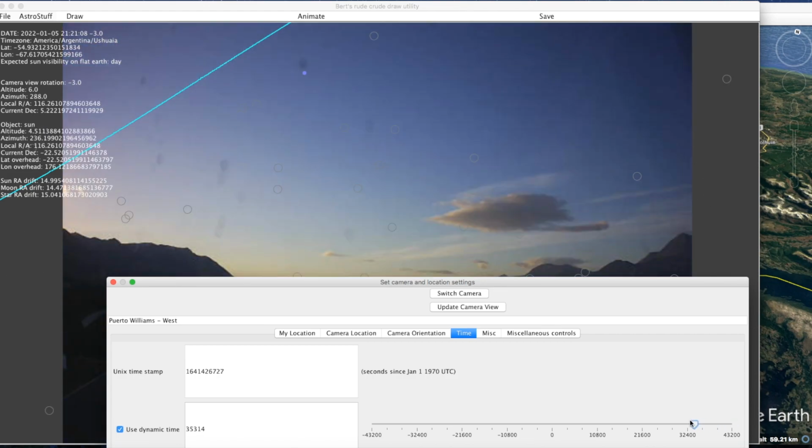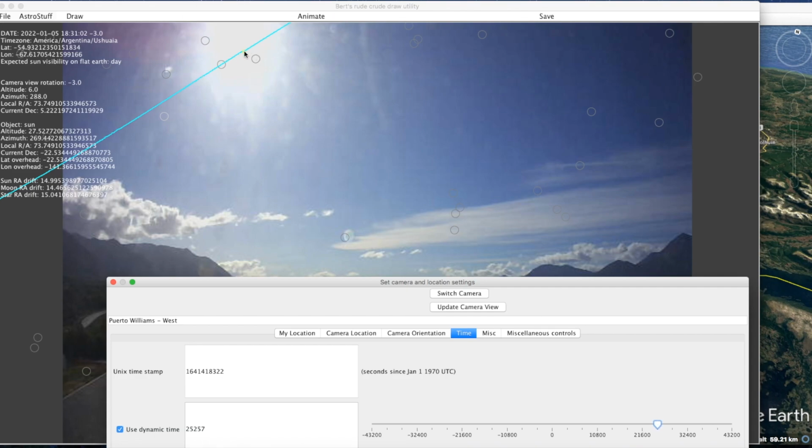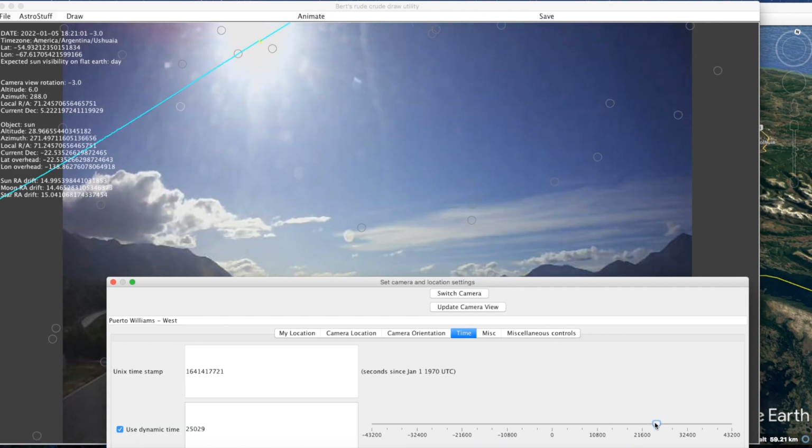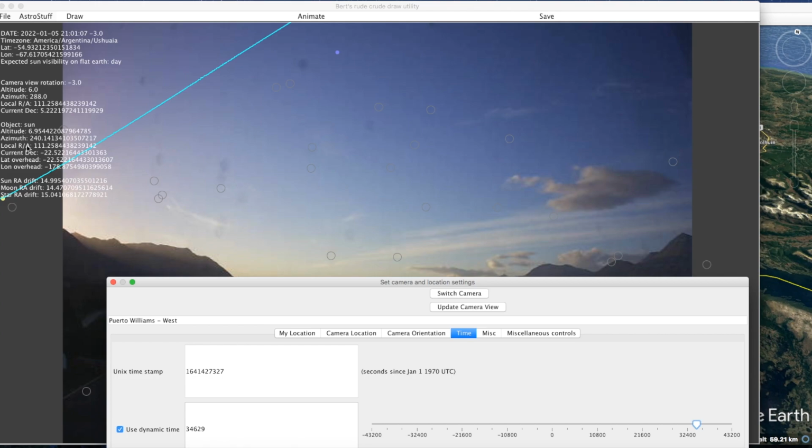I only aligned the camera based on roughly where the sun was, and you'll see that in just a second. It's not quite all that precise, but it is generally pointing in the correct direction. And the one thing that I would like to stress in particular is that we are at a latitude of 54 degrees south. I've estimated just by the sun alone that camera is looking at an azimuth of 288 degrees. I've estimated an altitude of 6 degrees,